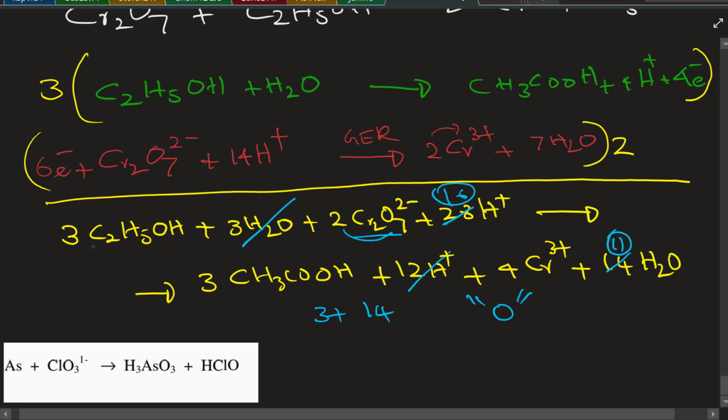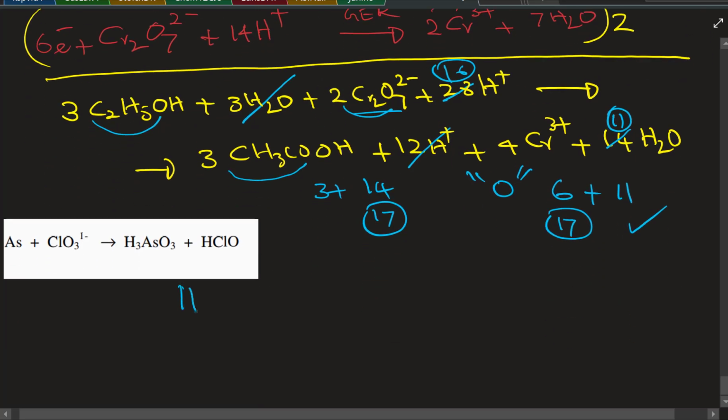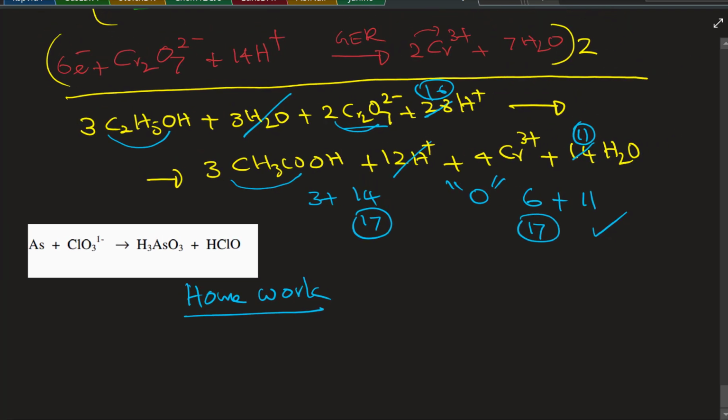Your left has 3 here and 14 there. 3 on the ethanol, 14 on the dichromate. So that will give me 17 oxygens on the left. On the right, you have 11 water and 6